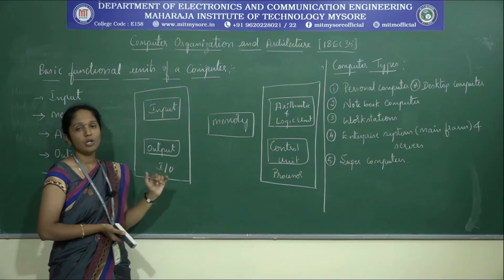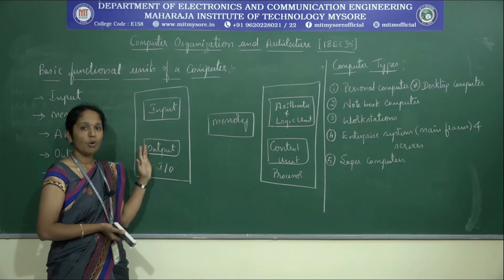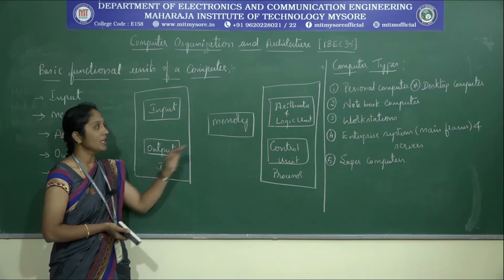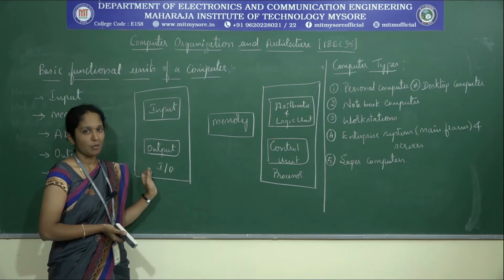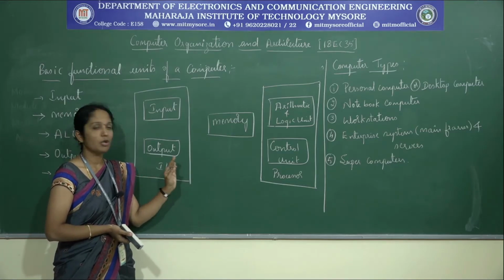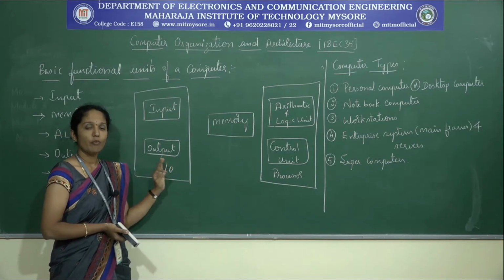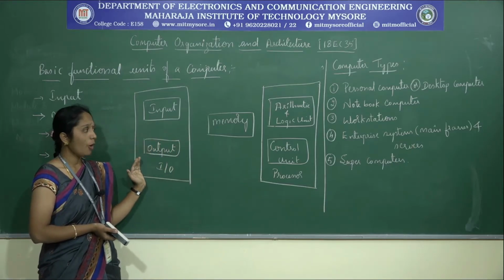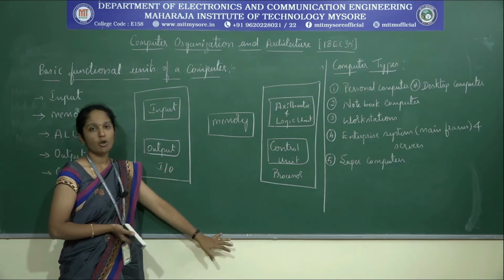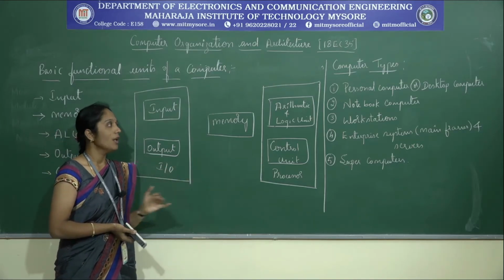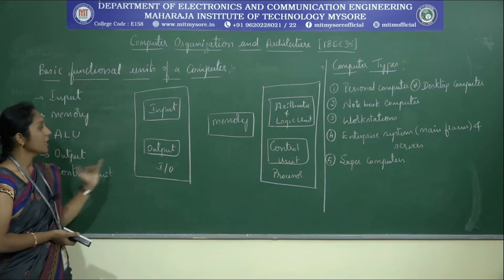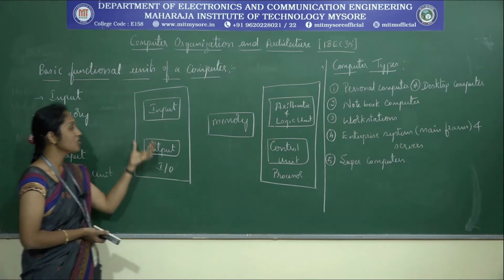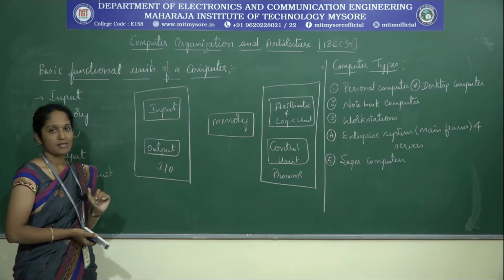And we have the control unit, which controls all the actions or operations performed by the other 4 units of the computer. The control unit gives the timing signals, and when and how an operation has to be executed is controlled by the control unit. Now let us consider all these units one by one and understand the role of individual units in a computer system.